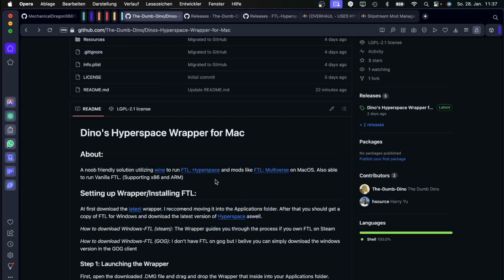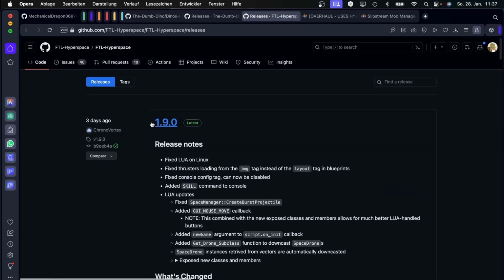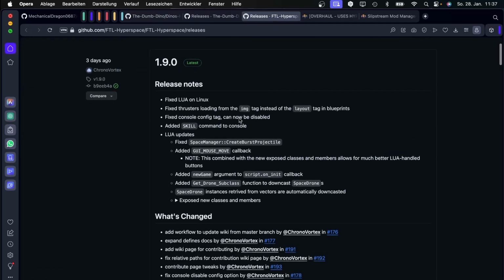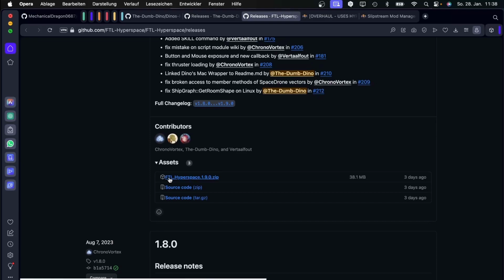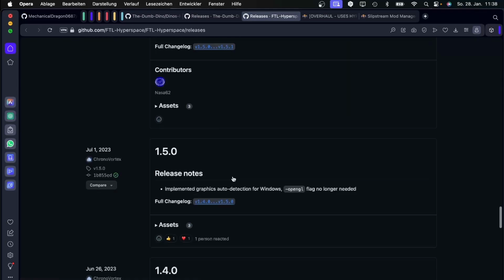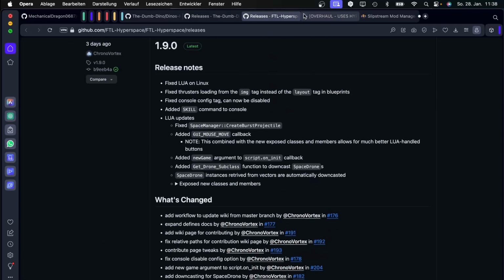And yeah, next we have to get FTL Hyperspace. It's linked here. You can just press on it and you will be put to this page. Always use the latest one you can find. Download the FTL Hyperspace, version number 1.9.0 for me, and it's a zip file. Always download this one and not any of these. Also, don't download any of these down below because these are older versions. I already have it downloaded as well. The same goes for everything else I'm going to download in the video, but you can just press on it